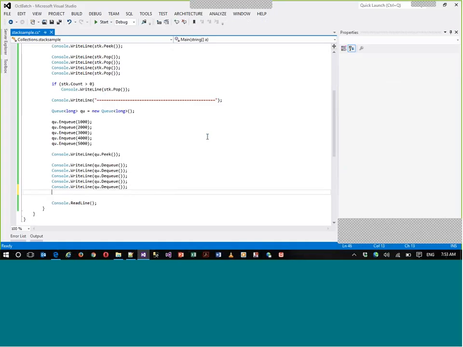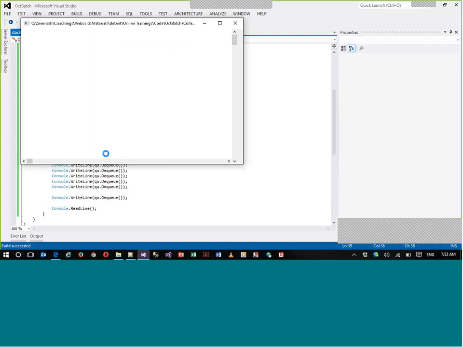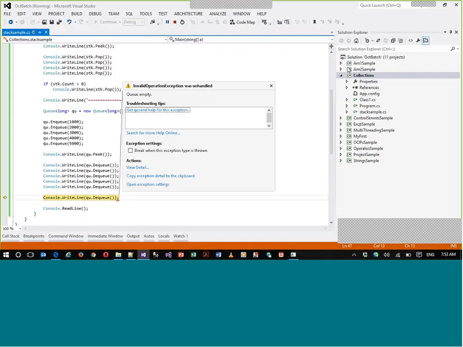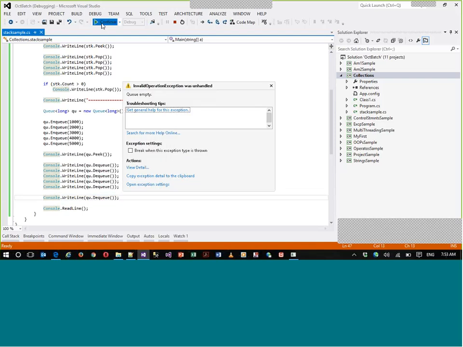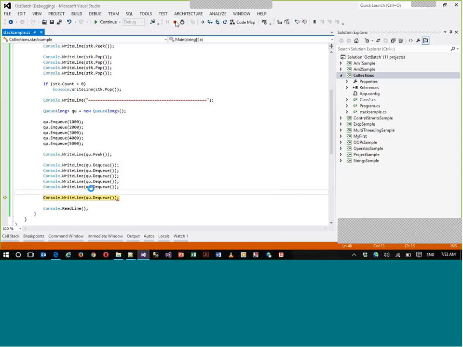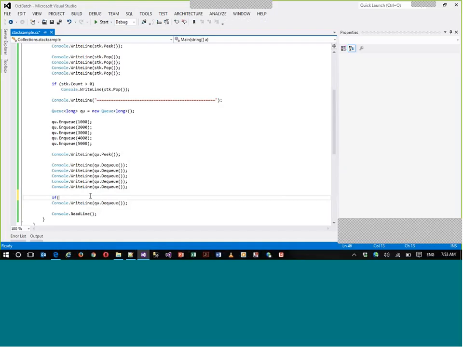Now here again, if you try to dequeue again, or do a peek, whatever, if you try to read a memory which doesn't exist, it will give you a fatal exception, and it will not continue, in the sense this is going to crash your program. So you can again check whether your queue contains data or not. Dot count property is greater than 0.